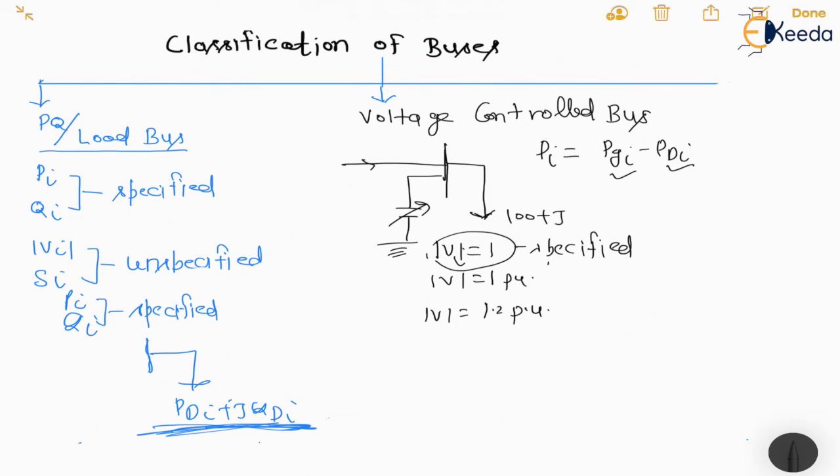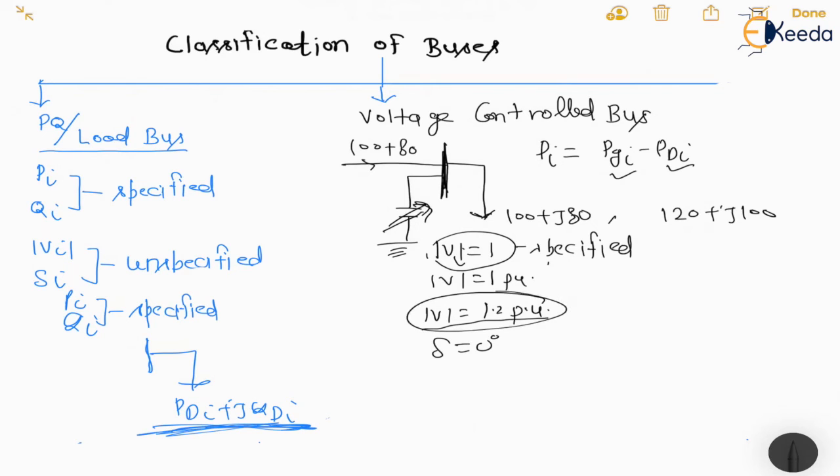And we can also see that the load initially takes 100 plus j80, and here it is coming from 100 plus j80. So everything was balanced, meaning our voltage was 1 pu and delta is equal to 0 degrees. Now what is happening? Let us assume the load is changing, meaning it becomes 120 plus j100. So what happened? This shunt capacitor will check and will deliver 20 MVAR more reactive power for the voltage to be constant, so voltage is specified here, we can see that.